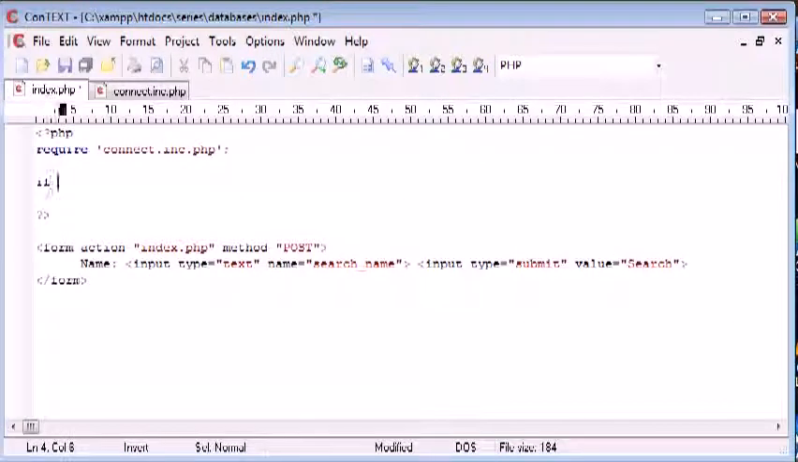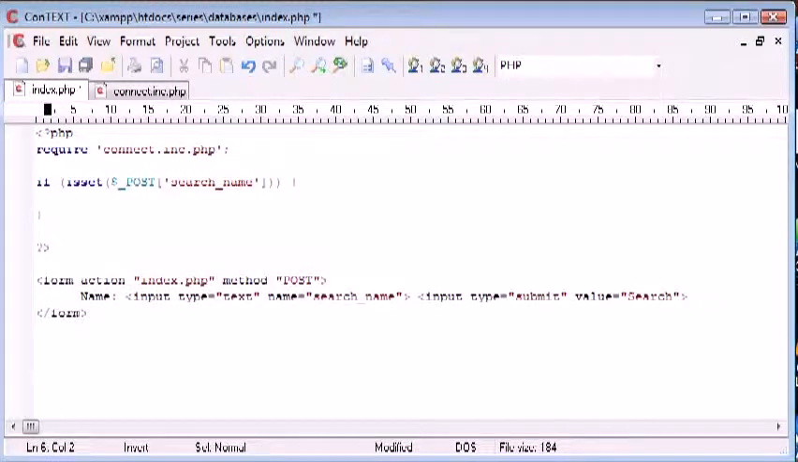So let's go ahead and say if is set $_POST. Remember, we're using post data down here, and we're going to say search_name. So we're corresponding this to the name that we've given the element in our HTML document. So if this is true, we're going to run this block, and inside this block we're going to set a variable called search_name to the value of what's been posted,